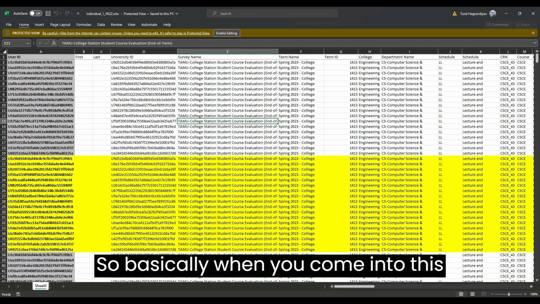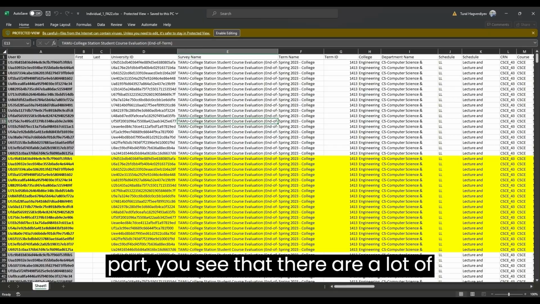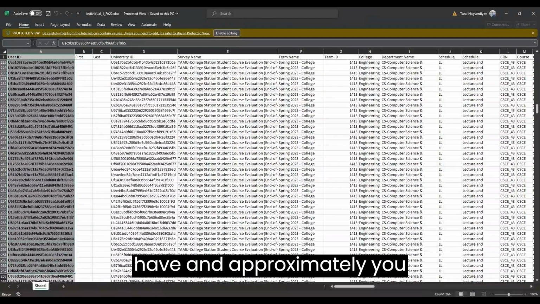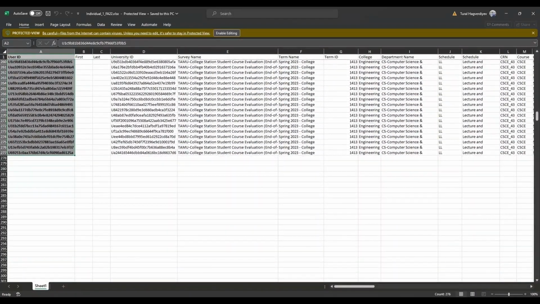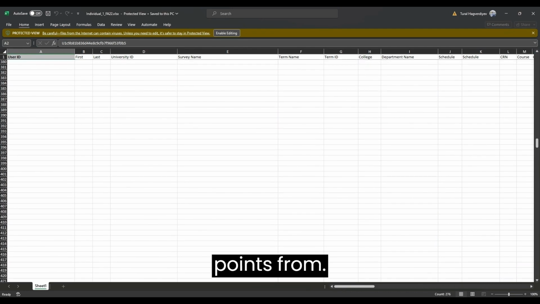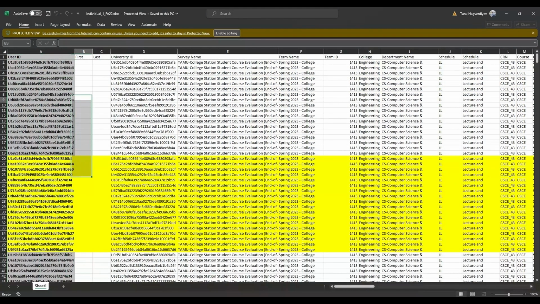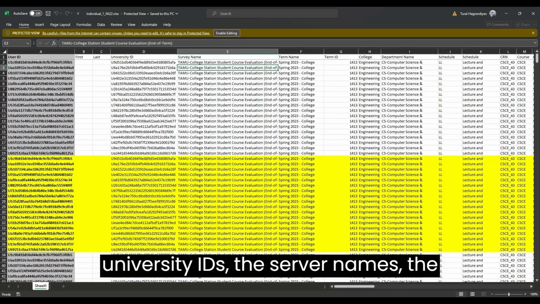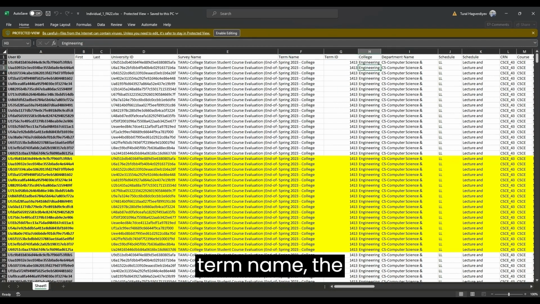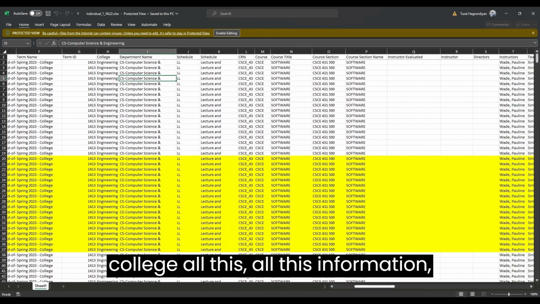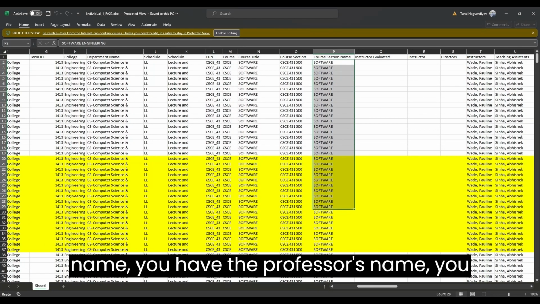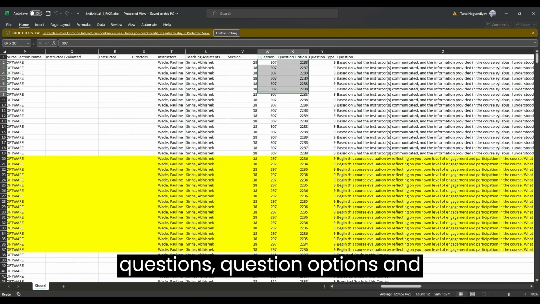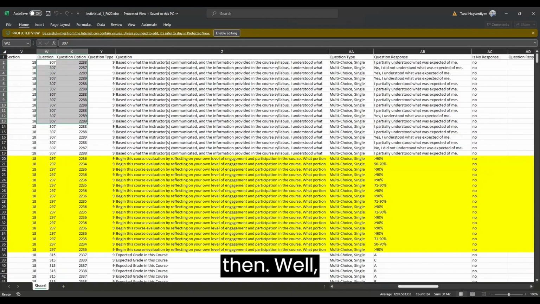So when you come into this part, you see that there is a lot of information about the user IDs that we have, and approximately you can see we have 277 data points from our client, and we have the university IDs, the server names, the term name, the college, all this information, right? You have the course section name, the professor's name, the teaching assistant, sections, questions, question options, and then